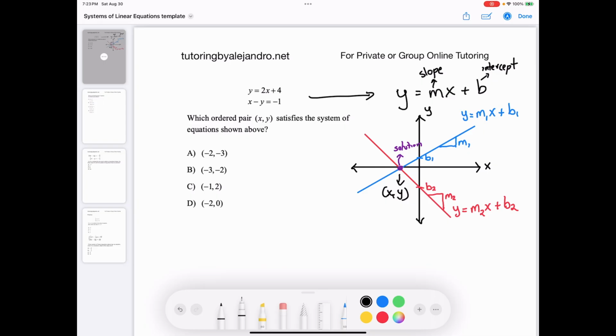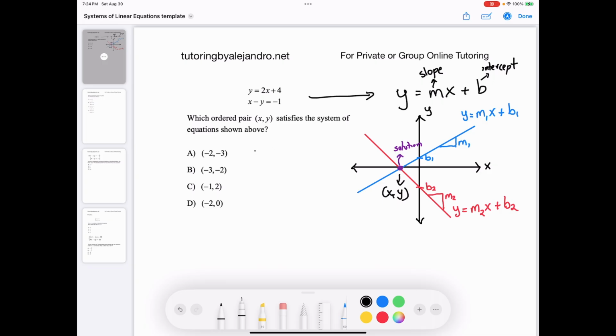Okay, so there are many ways of solving a system of equations. There's substitution and there's elimination, which I believe are the ones that you will most likely implement on your SAT exam. There's also graphical, but I don't think you're going to have the time to do that. And there are some more advanced ones, which you typically don't cover in a standard algebra course. Okay, so